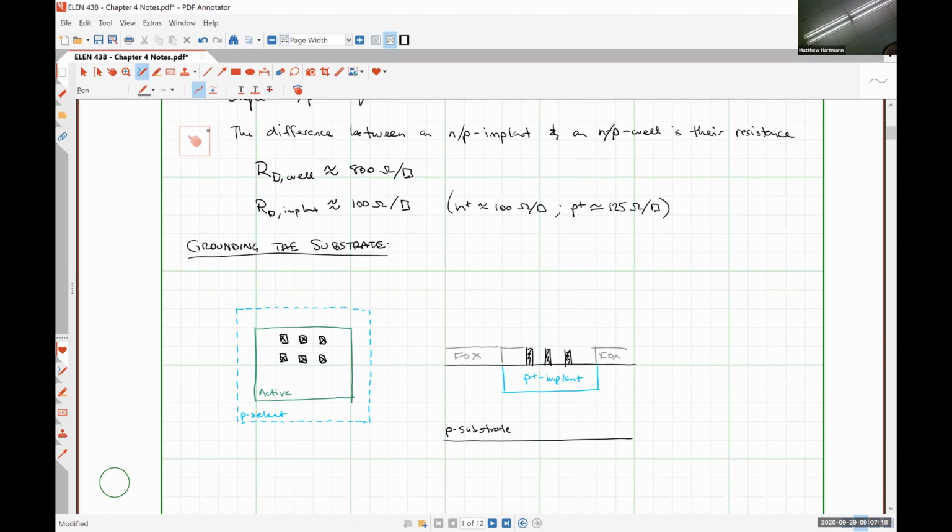Throw our oxide layer again to fill in those gaps. And then we would put in our metal 1 layer. And so we'll have that oxide with holes in the oxide, and